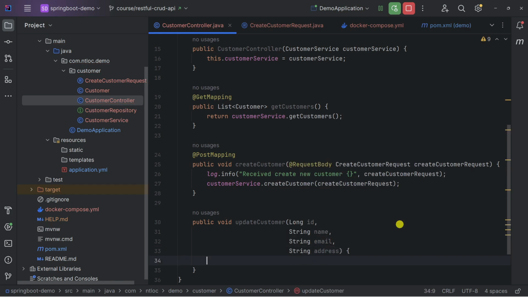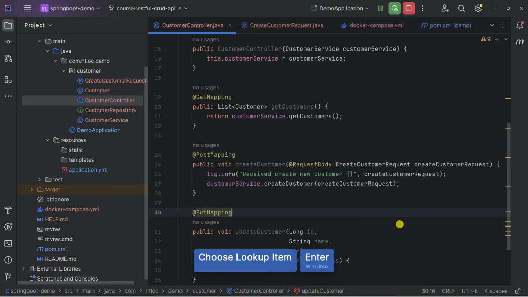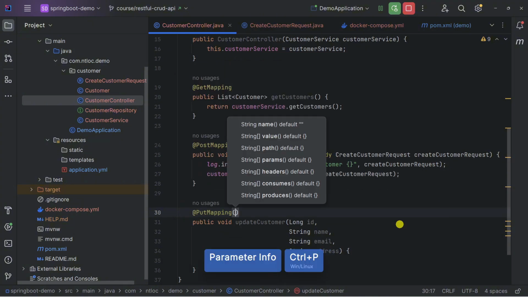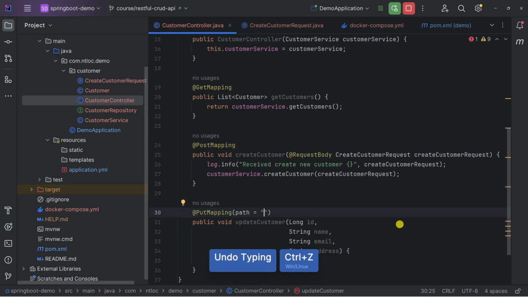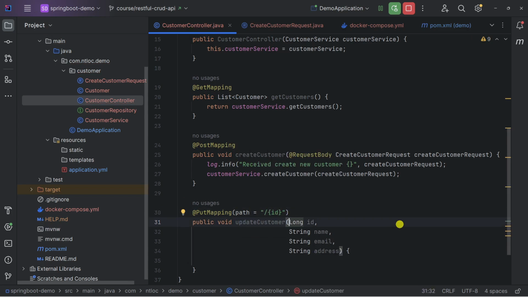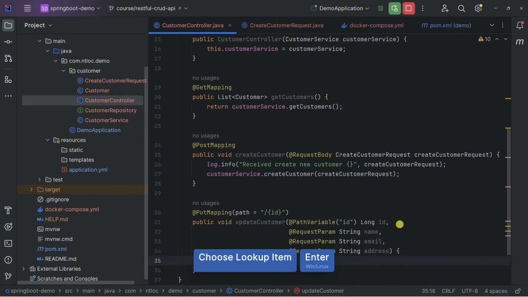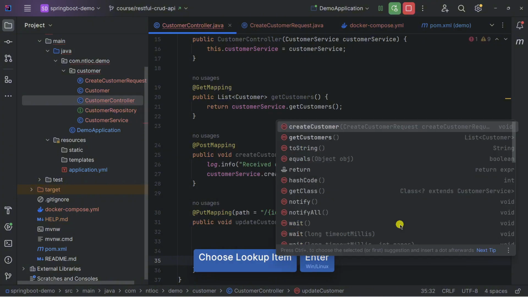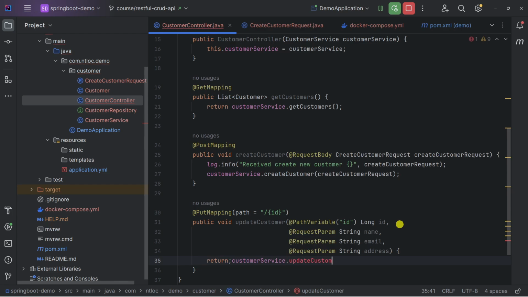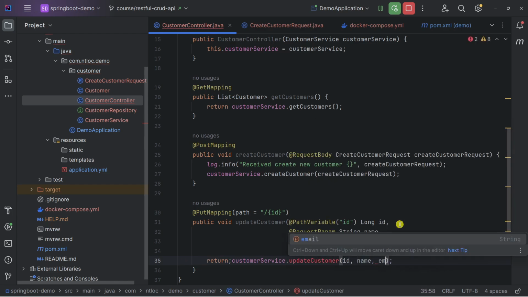And I need to have a put mapping with the path being the ID here, and also the path variable, where the value is also ID. For the name, email, and address, it would be request param. And then simply return customerService update customer, and we pass the ID, the name, email, and address.